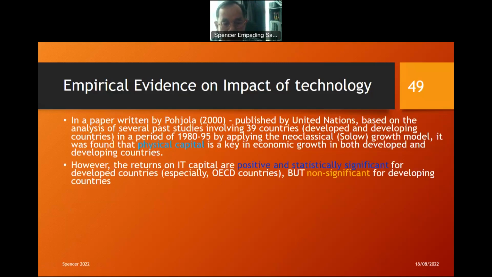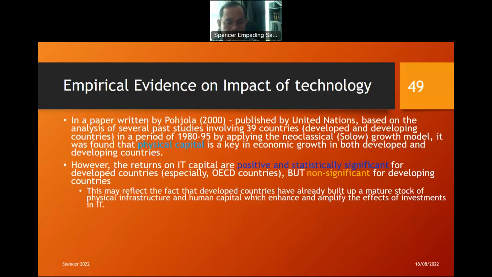However, when it comes to technology, in this case information technology capital, they found that the effect is positive and statistically significant for developed countries. In other words, there is a correlation between IT usage or investment and economic growth, but not for developing countries, or the less developed countries. There is no significant correlation between IT investment or usage in less developed